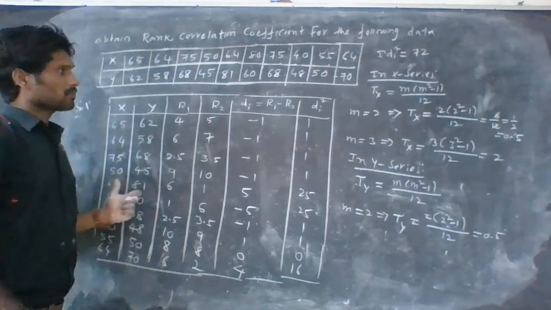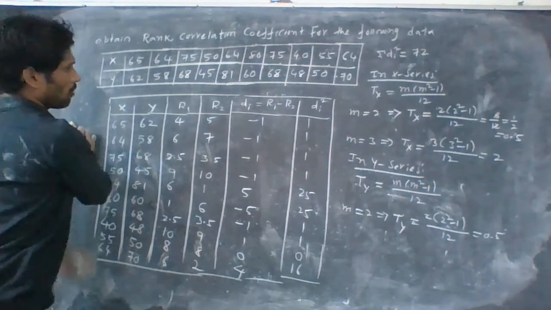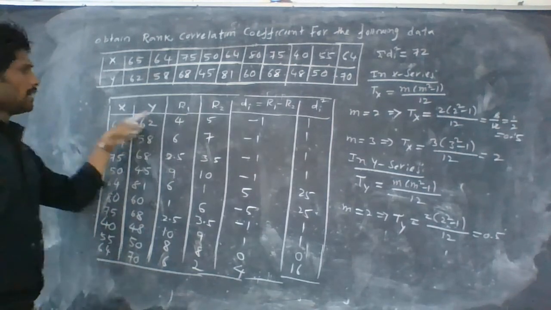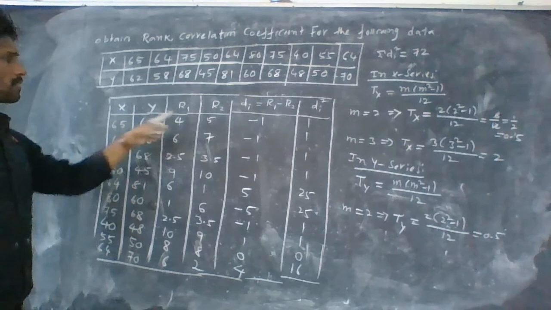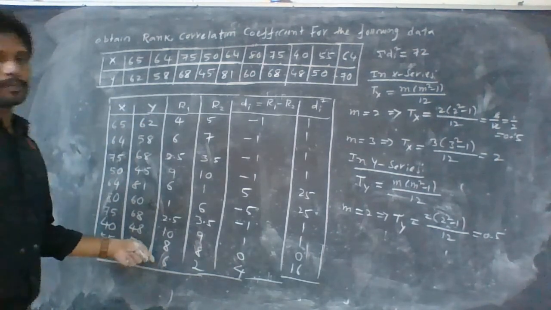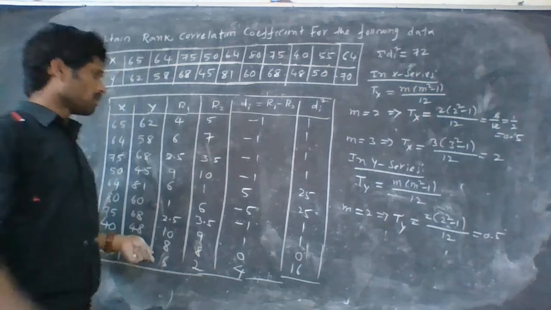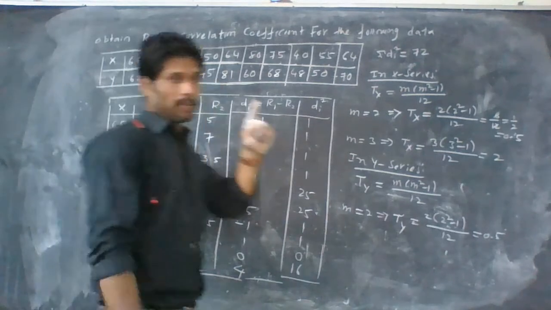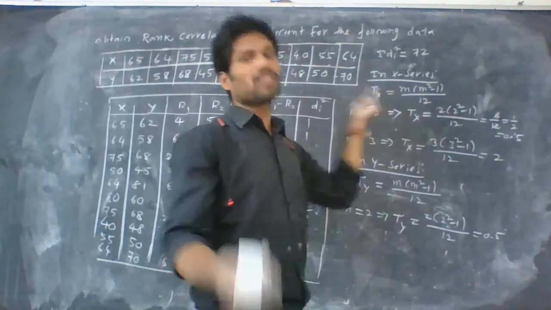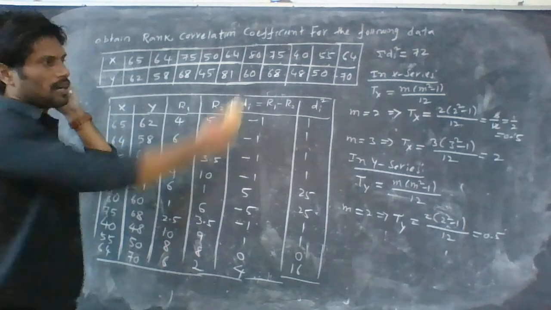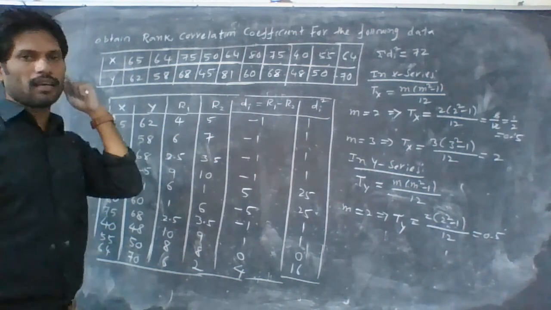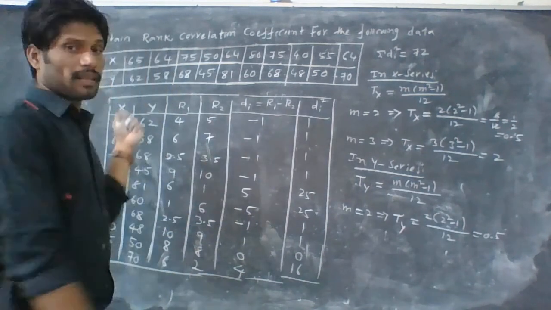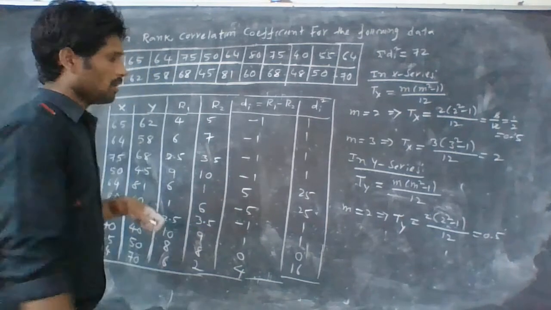Now we calculate the rho value. Once again, repeat this process: we take the X and Y values. The ranks are different, and tied ranks means repeated ranks. One more thing: 65 is repeated one time, so substituting m equal to 1 gives 1 minus 1, which is 0, and 0 times anything is 0. So single ranks are not substituted, only repeated ranks are substituted in the formula. We get the Tx and Ty values and use them in rho. Rho is equal to 1 minus 6 into summation di square by n into n square minus 1.